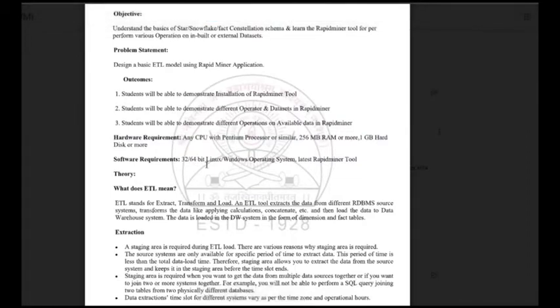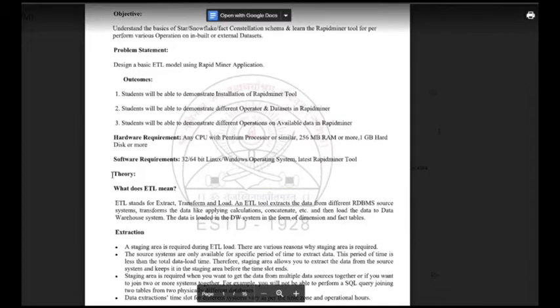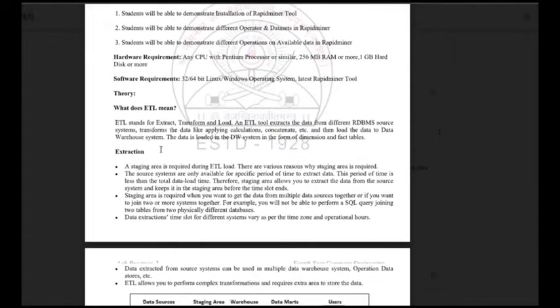So what is ETL? ETL stands for extract, transform, and load from different RDBMS sources. It transforms the data by applying calculations, aggregations, etc., and then loads the data into the data warehouse system. The data loaded in the data warehouse system is in the form of dimensions and facts. So basically, an ETL tool is used for